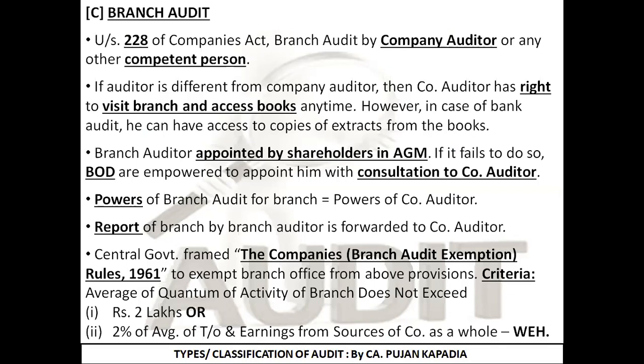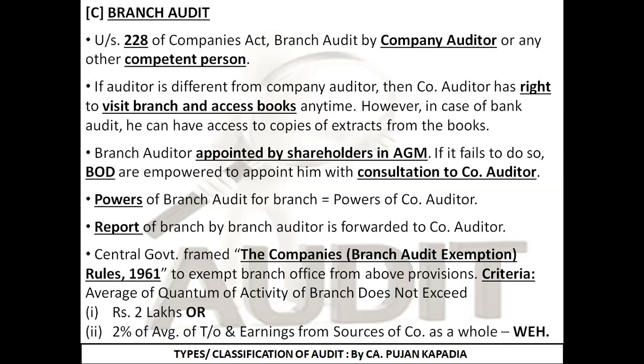For example, in the city of Surat, there is one branch, so a separate branch auditor will be appointed for Surat. There is one branch in Delhi, and a separate branch auditor will be appointed for Delhi, and so on. So what is branch audit? For a company operating as a multinational company around the country, it is not possible to cover and audit the books of account individually for all the branches. So what is undertaken is branch audit.